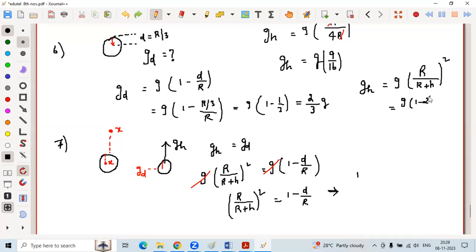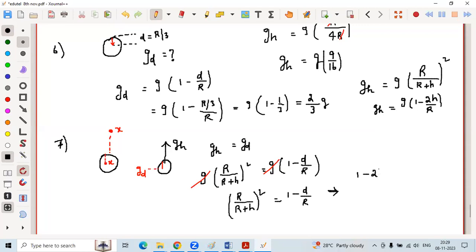1 minus 2h by R. Now the R by R plus h whole square simplify பண்ணா உங்களுக்கு 1 minus 2h by R இதான் வந்துரும் ஆன்சர். This you remember like a direct formula. So அப்போ இந்த மாதிரி டைம்ல you can easily use it. Okay. அப்போ எனக்கு இப்படி வந்துரும்